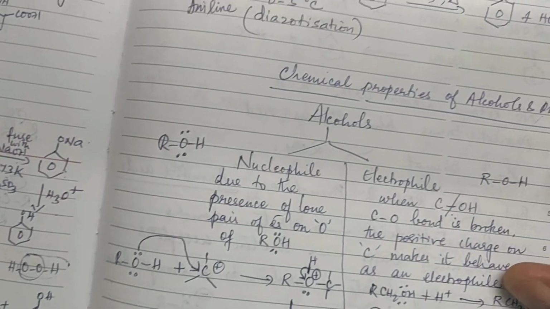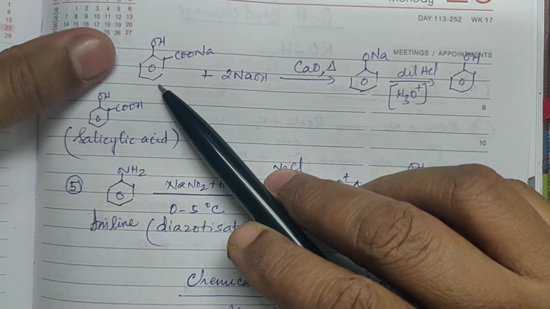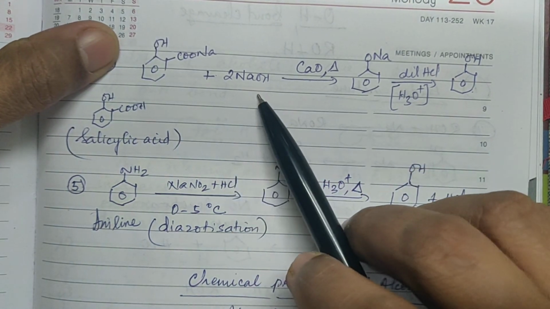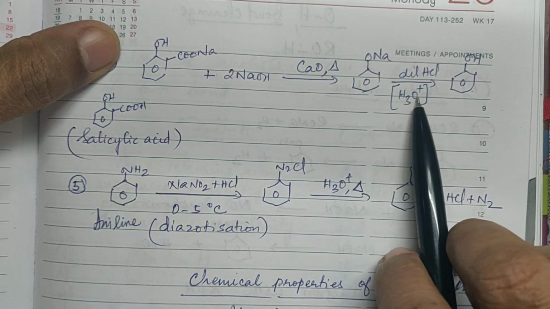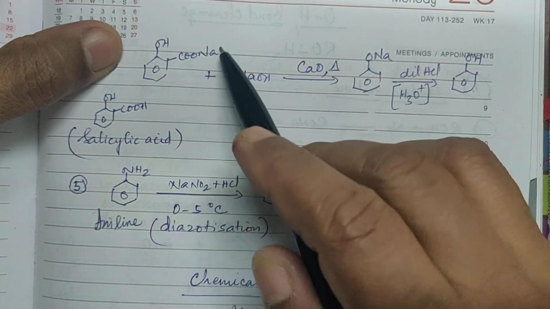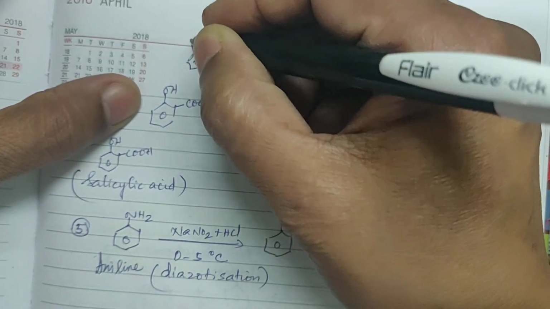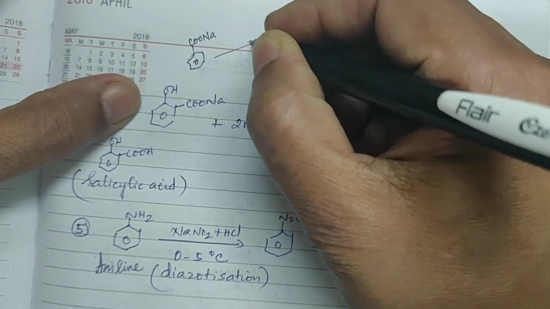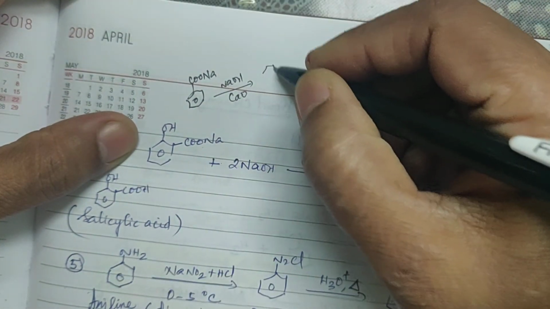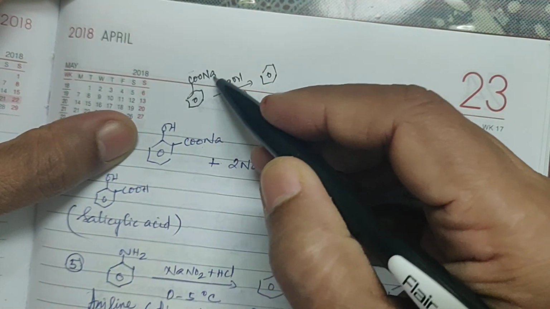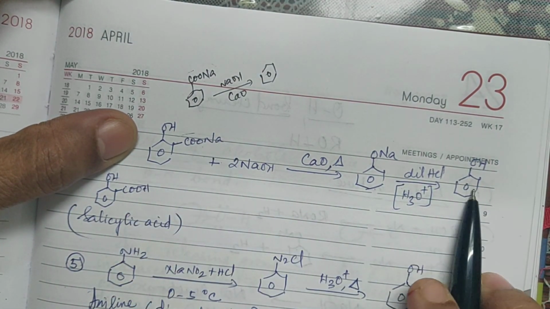Then from sodium salicylate on treatment with soda lime, first you will get sodium phenoxide, which on hydrolysis will give you phenol. This will get removed. Okay, try to recollect your memory. Supposing you have this sodium benzoate and you treat it with soda lime, you will get benzene, you have studied, is it not? So this will go, it is a decarboxylation reaction. Same way here also, this will go and you will get phenol.